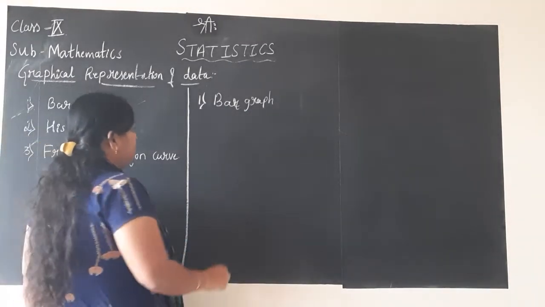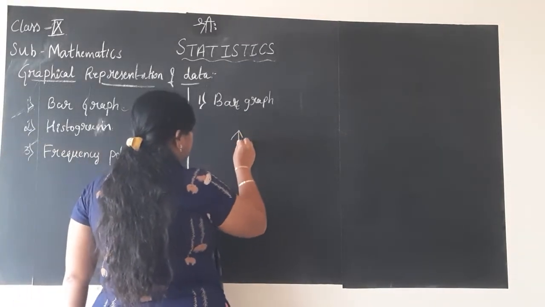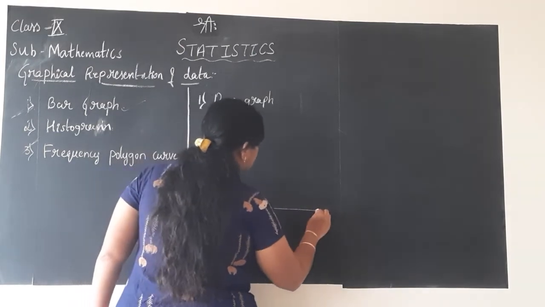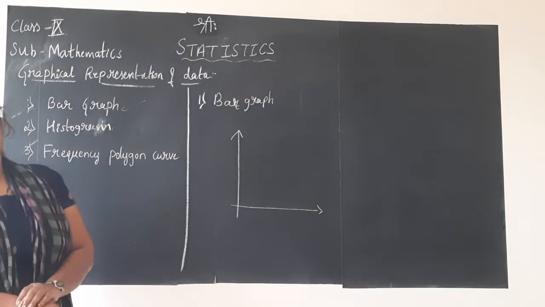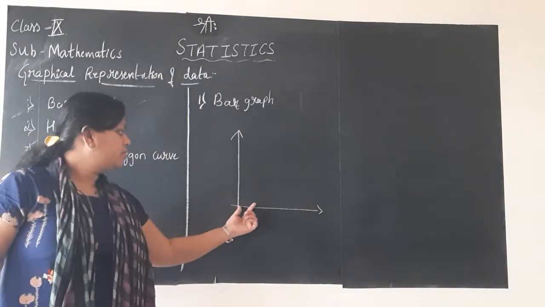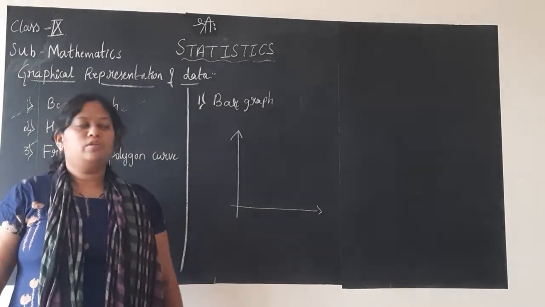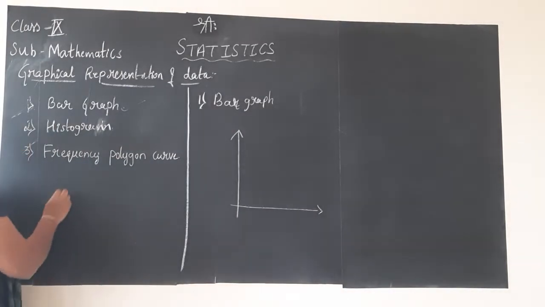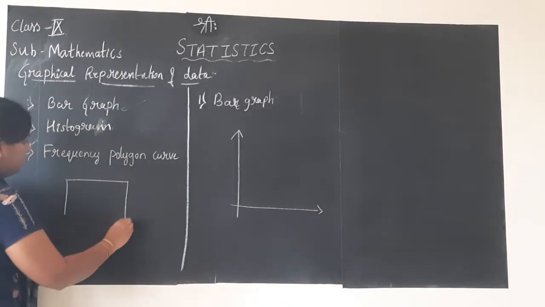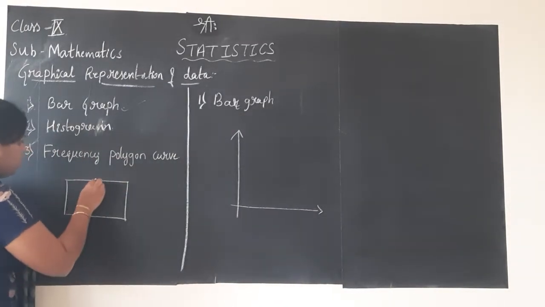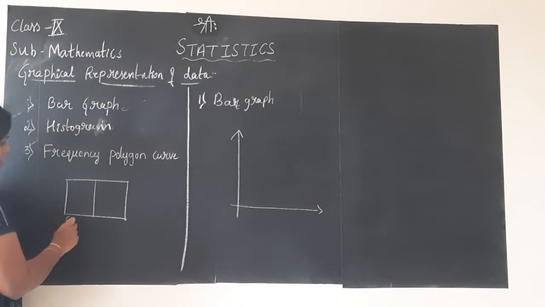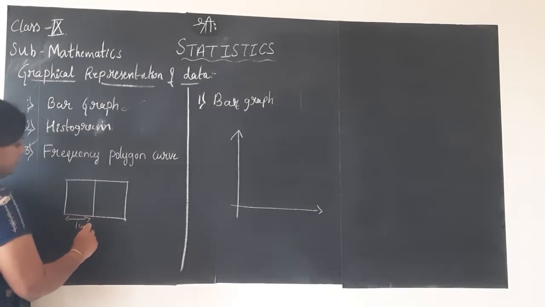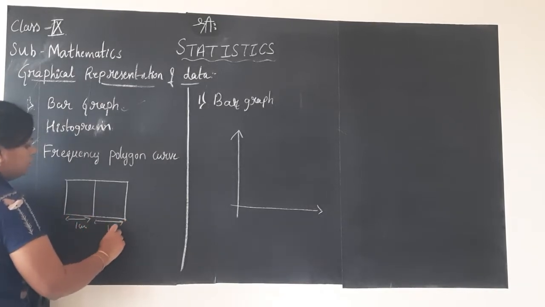How do you represent the given data in the form of a bar graph? You all know how to plot the graph, how to count each box width, everything you know children. With that, I am starting to explain on the board like this. One box that you have will be of 1 centimeter, children. This is 1 centimeter. Again this is 1 centimeter.